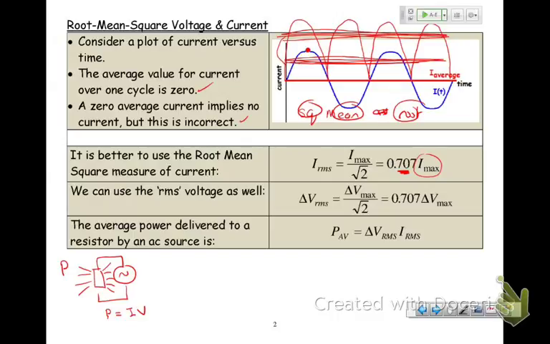If you use the maximum current and the maximum voltage, that's not the right answer. Because it's only at the maximum voltage and the maximum current for one instant out of the entire cycle. So that's not typical at all. But if I use my root mean square, so the power is equal to IRMS times VRMS,